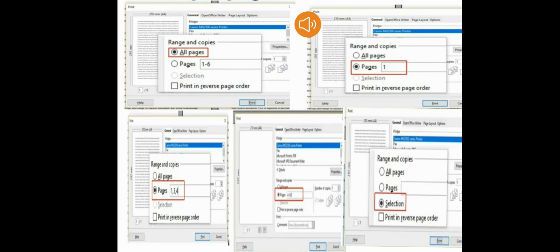In the diagram you can see print all pages in sequence. You can select all pages. If you want to print single pages or non-consecutive pages, we can choose from here, for example page 1 or 3. We can give the page numbers separately by using the comma sign. And if you want to print pages that are consecutive, then we can give the range of the first and the last page, for example 5 to 9. And for choosing the selected text, we can click on the selection also.